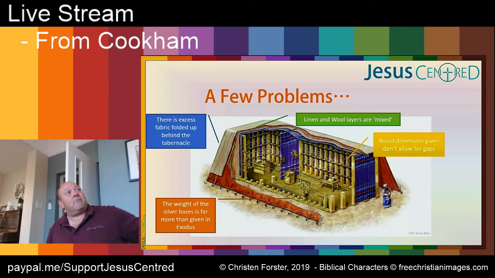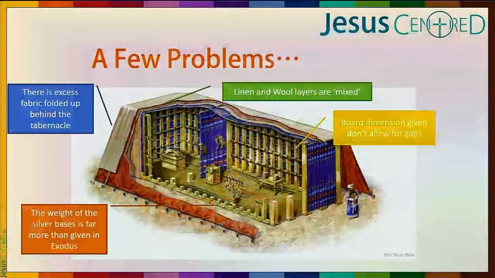But it doesn't make any reference to folds or anything that's needed to deal with the excess fabric at the back. Some models will show you a sloping back, spreading out so it gets wider. That's because those people are just saying, well, it must have gone somewhere and we don't want it just hanging down. So that may seem rather trivial. The orange one at the bottom is one of those things that gets a little bit more serious, but isn't so obvious and easy to see.